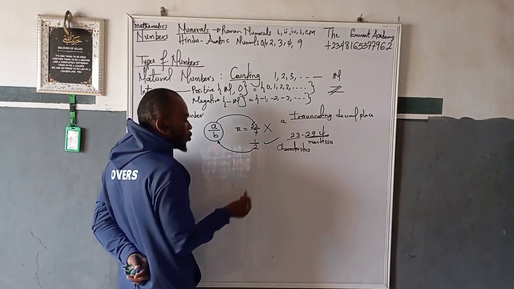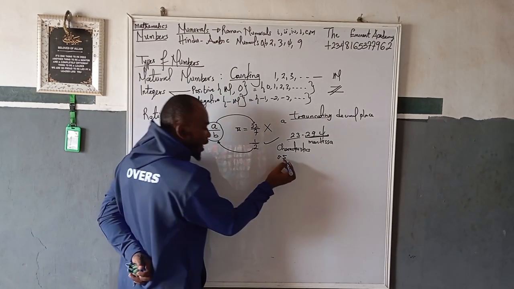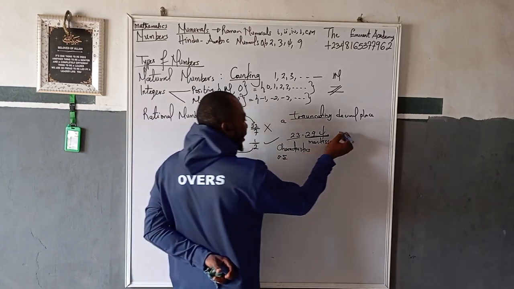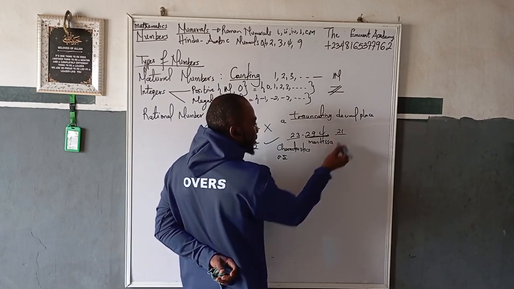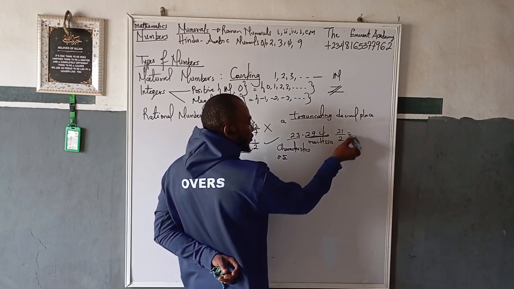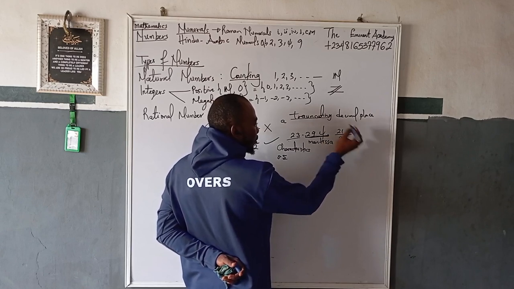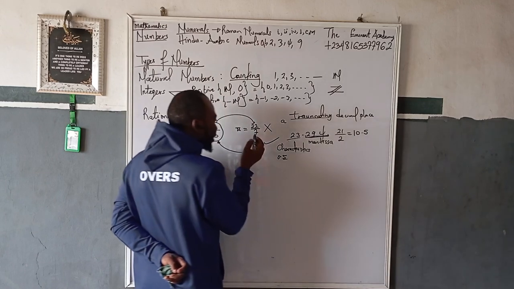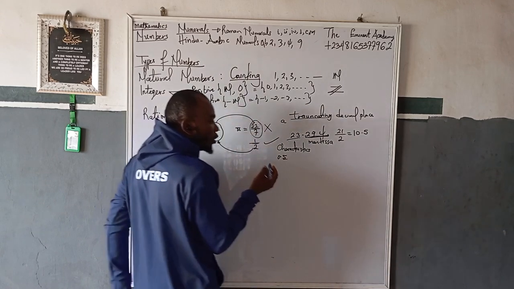An example is 1 over 2. 1 over 2 will give me 0.5, right? So I have just one decimal place. So if I have something like, let me say, 21 divided by 2 again, that will give me 10.5. Right? But as for 22 over 7, if you press 22 over 7 into a calculator, it will give